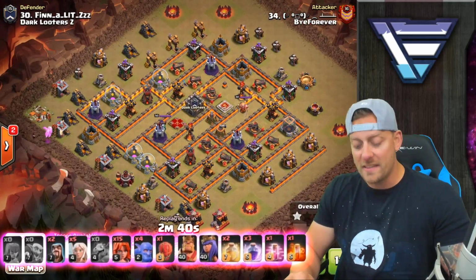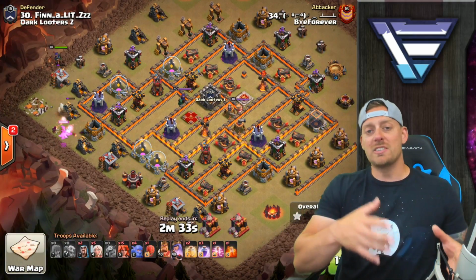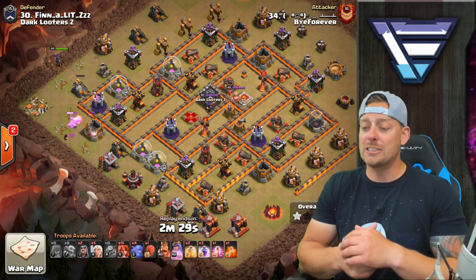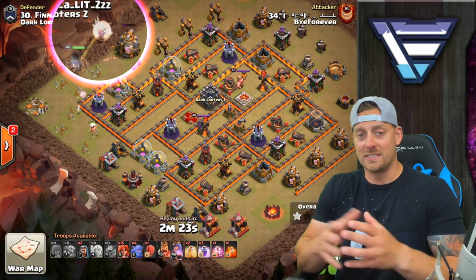We have the wizard and the goblins on the town hall. Now that's a good thing worth noting right here, guys. If you notice that you could get something done in an inexpensive way, taking up a small amount of camp space, getting good value, you should do it. Right here, the attacker from Buy Forever used 3 goblins,